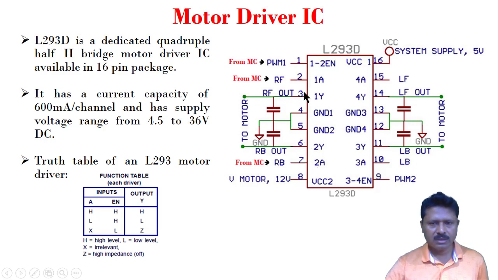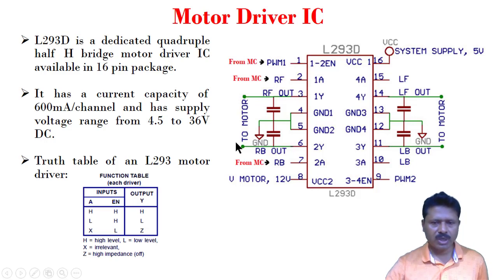If this is logic 1, this is logic 1. If this is ground, this is ground. So for moving the DC motor in a particular direction, one terminal should be logic 1 and the other terminal should be logic 0. If I need this as logic 1, the microcontroller should send a logic 1 signal here, so this terminal will get the logic 1 signal. This one is grounded, so this terminal will get a logic 0 signal. So it will rotate in a particular direction.